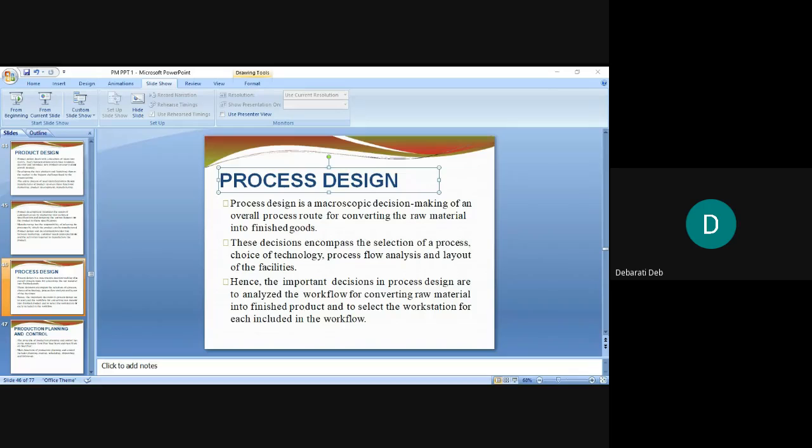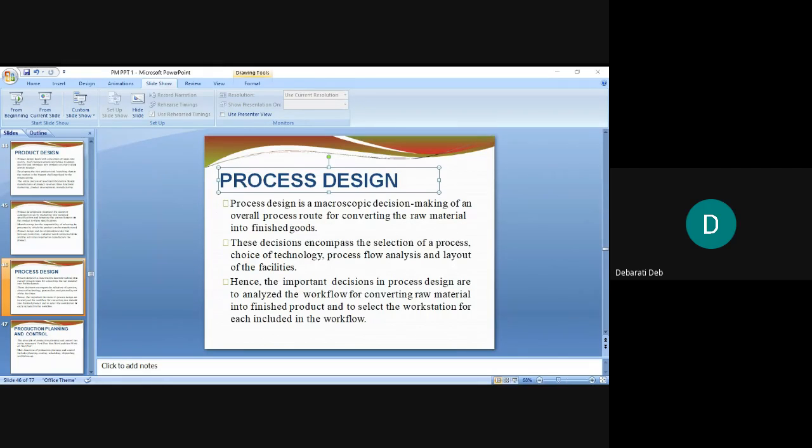If the facility is a rectangle shape, and you're designing a process which involves a circular flow of process, will that be valid? No, obviously no. You have to depend on the facility's layout. How does it look? Is it a rectangle? Is it an oval? Is it a square? Depending on the layout of the facility, you need to design the process so that smooth flow can be ensured.